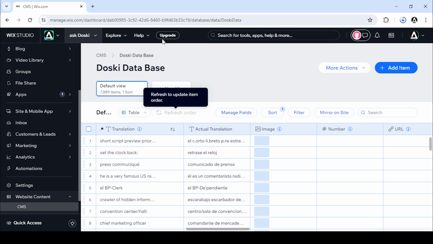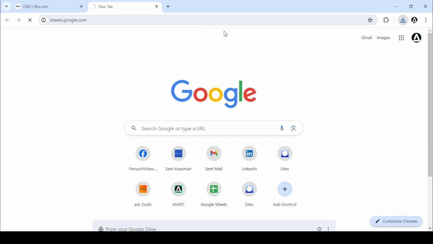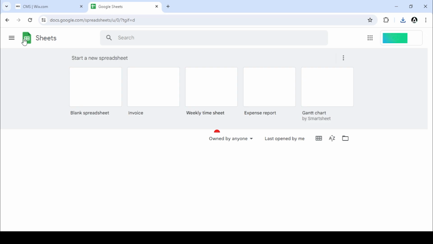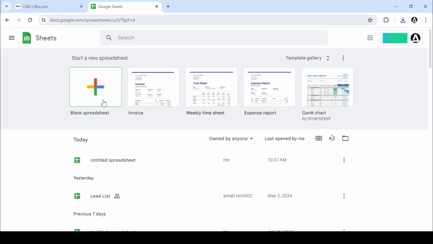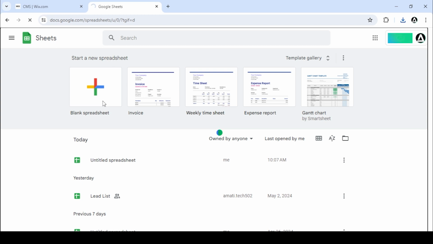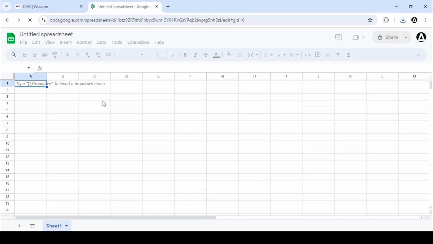So you download that. You open up Sheets, because we're using sheets.google.com or Google Sheets. You want to go ahead and open up Google Sheets here. And you want to start actually with the blank spreadsheet. You start with the blank one. Now, I'm pretty sure there's other ways to do it. This is the way I do it, right? So you go here,